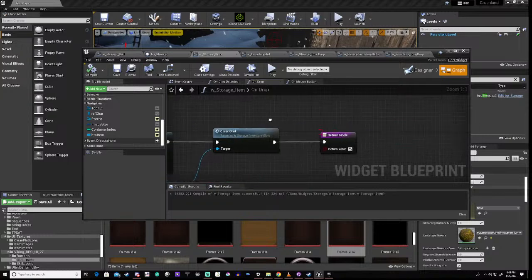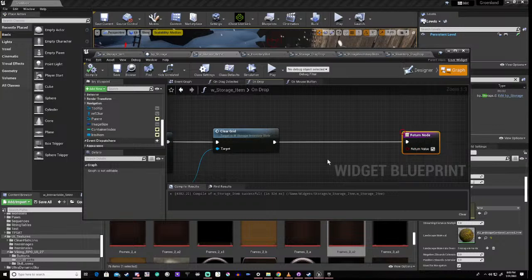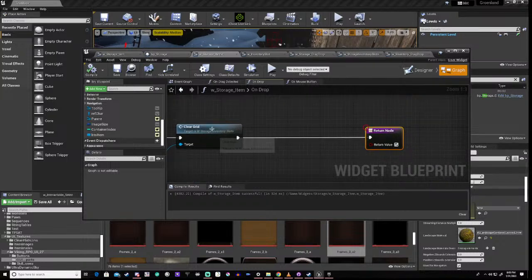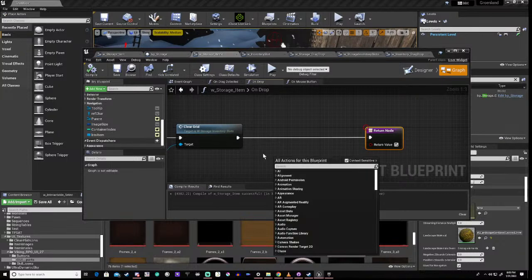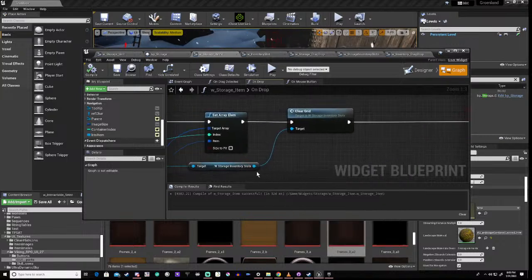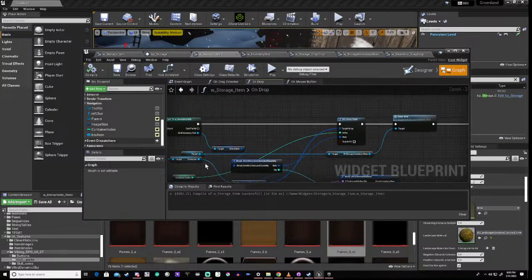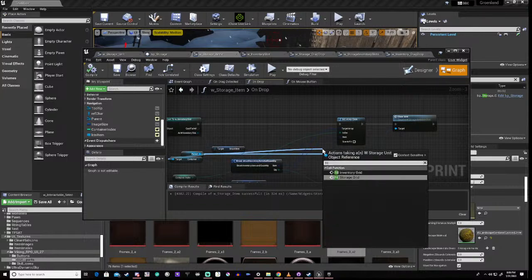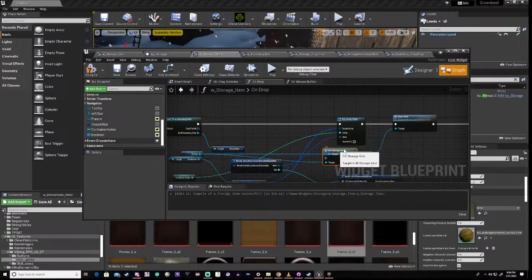Okay, so this isn't quite working. Actually, it probably isn't working, so we're going to check that in a minute. But we're going to get our parent, which is our storage unit, and we're going to say fill storage grid. Okay,